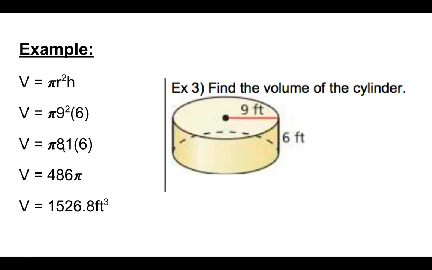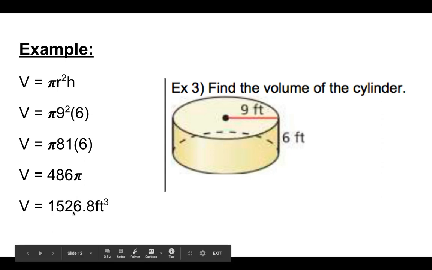So pi times 81 times the height of my cylinder, which is 6 feet. So I'm going to multiply that by 6. 81 times 6 is 486 pi. 486 pi is approximately 1,526.8 feet cubed. I should actually show that was an approximation, so using the little